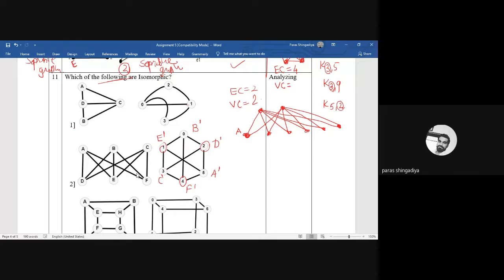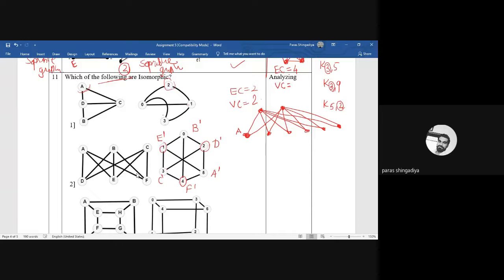So how can we check the image of A? Here the degree of A is 2. So we must find such a vertex in the second graph whose degree is 2. And here A is adjacent to 2 more vertices, D and C, which have degree 3. So find such a vertex in the second graph which has degree 2 and is also adjacent to 2 vertices of degree 3. There are two places we have. One is vertex 2, which has degree 2 and is also incident with 0 and 1, which have degree 3.